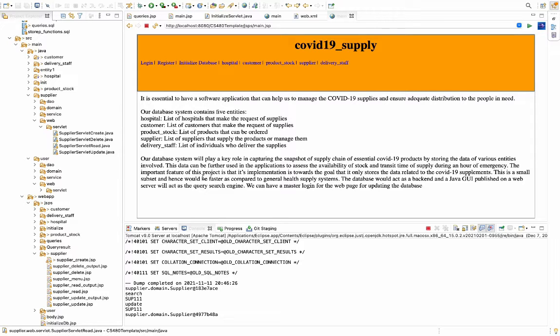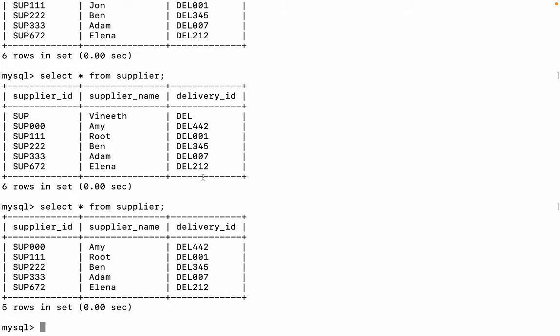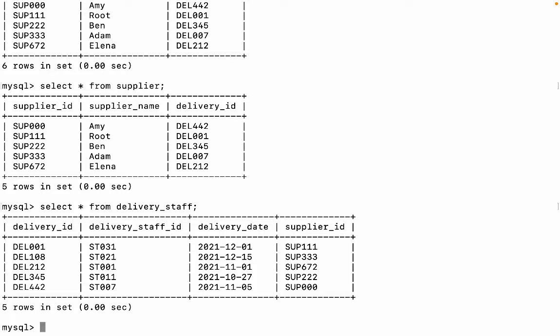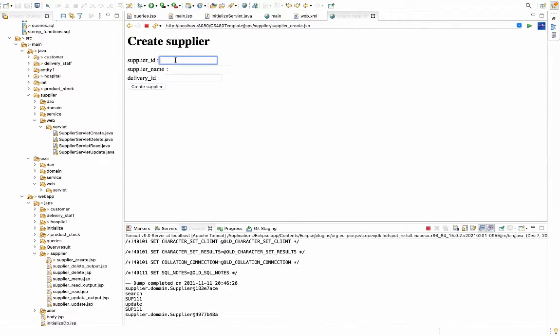Now I'm going to show CRUD activities for delivery staff. This delivery staff is a dependent entity on supplier. So you need to have a new supplier in order to create delivery staff. So first I'm going to create one supplier. I'm going to use it for